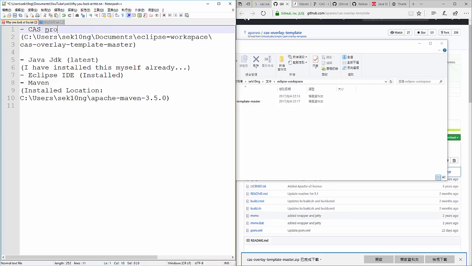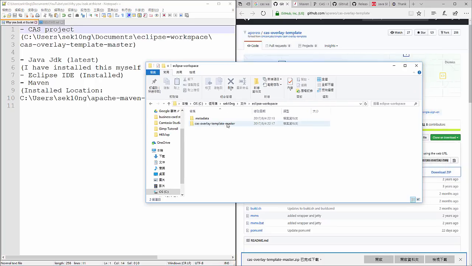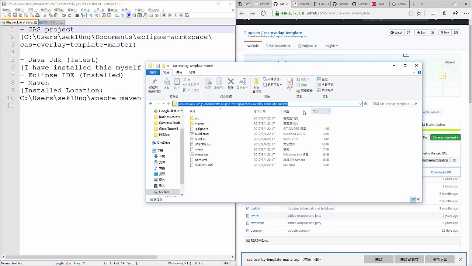Of course, the overlay is very important in this folder, but it is not important when you're building it the first time. So go to the directory.